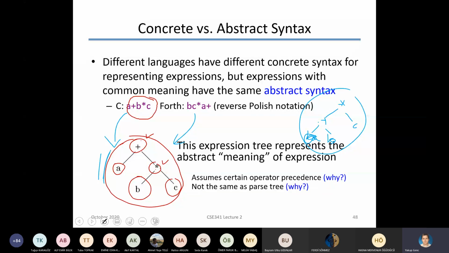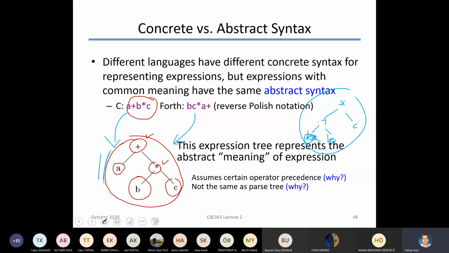Are you adding A and B first and then multiplying by C, or multiplying B and C and then adding A to it, right? So they said, hey, let's resolve this. How do we resolve it? An additional rule says multiplication comes before the